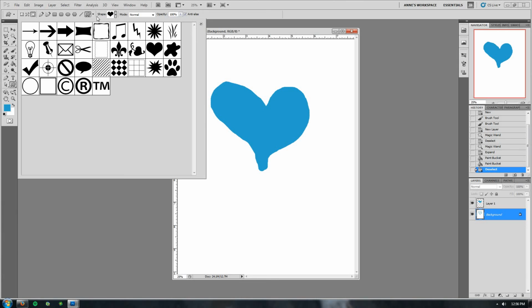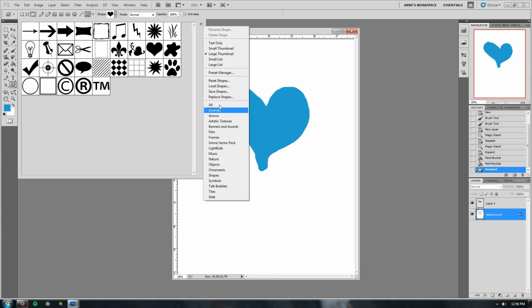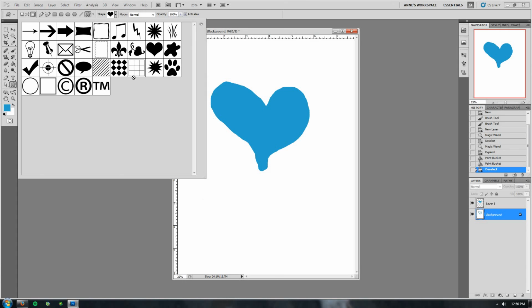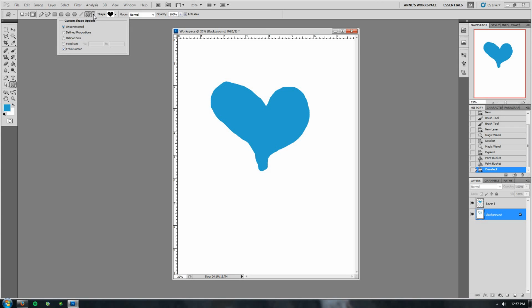presets, where it says shape, hit that little drop down box, and you're going to see the Adobe default shapes. It comes with quite a few, and there are different packs that are going to be listed down here that come with your software. You can also download shapes as a resource, and we'll be talking later on about where to get them and using them. But right now the default ones that Adobe comes with are good because you can see right here there is a heart. So I'm going to grab that,